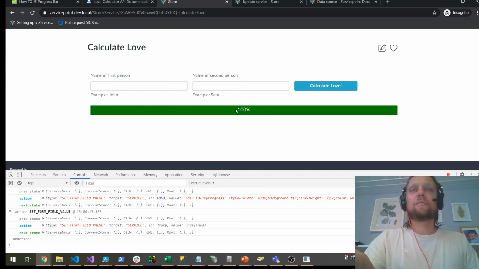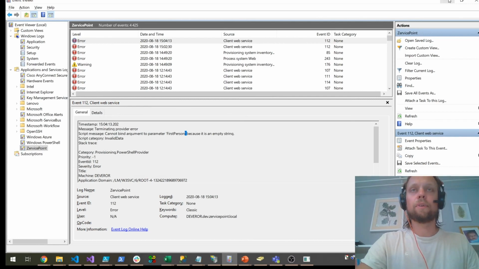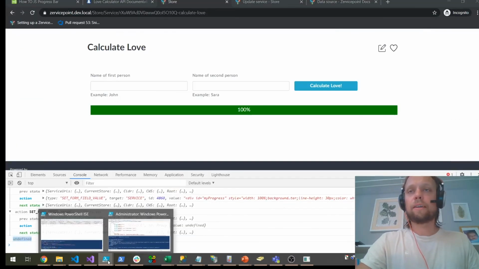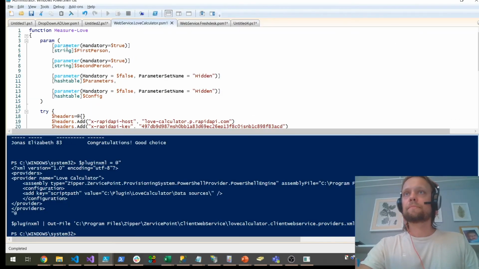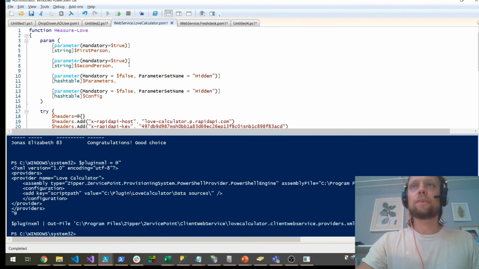Okay, now we need to make this progress bar show what the web service is showing. Undefined. Did we get an error out here? Okay, so we get an error before. Yeah, I made these mandatory, so it will not go into my catch here because the exception occurs before this function. But yeah,